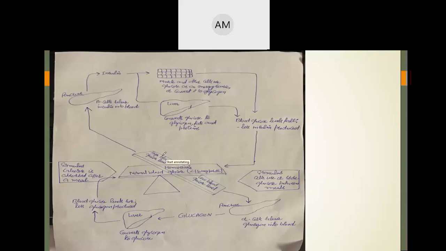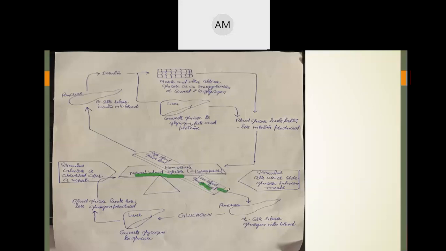If you can look at this diagram, when the body has normal blood glucose, that means less than 100, 110 mg per dl, 70 to 110, we just take it as normal glucose values. So it is in homeostasis. Homeostasis is when the internal environment is balanced. But in case of low blood glucose, if there is hypoglycemia,